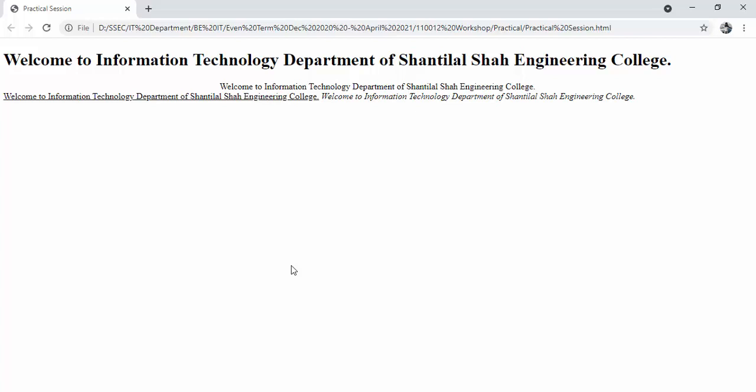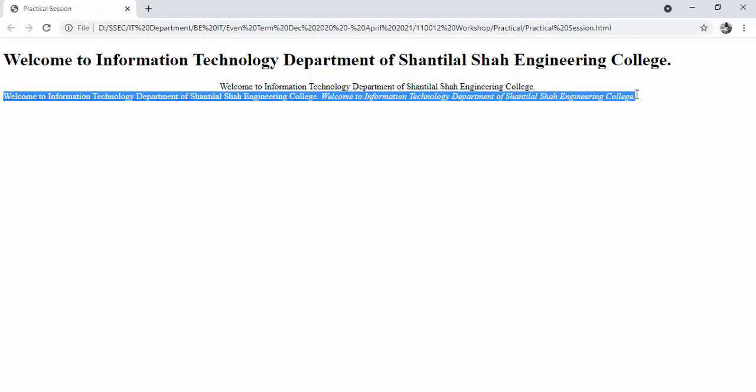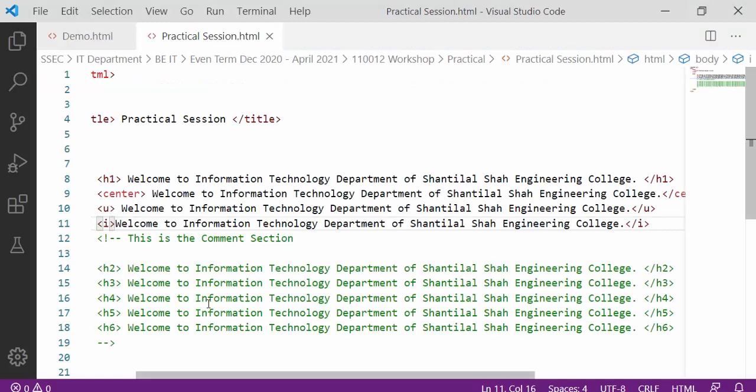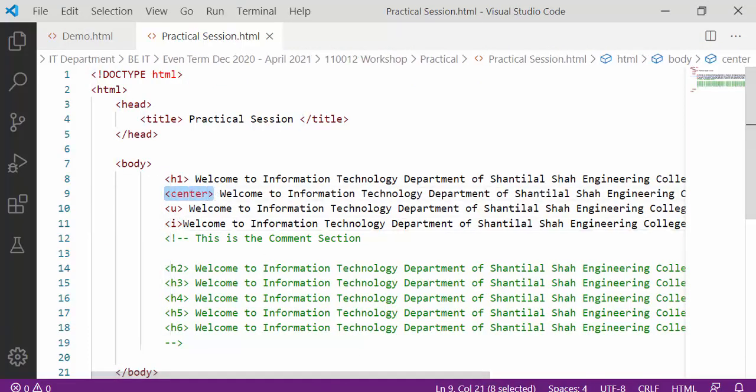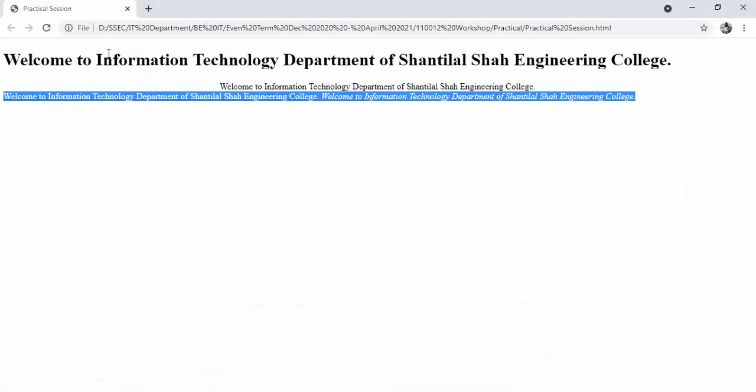If you notice, these two lines are printed in the same row. Here the second line is displaying in the center section because we have used the center tag here.